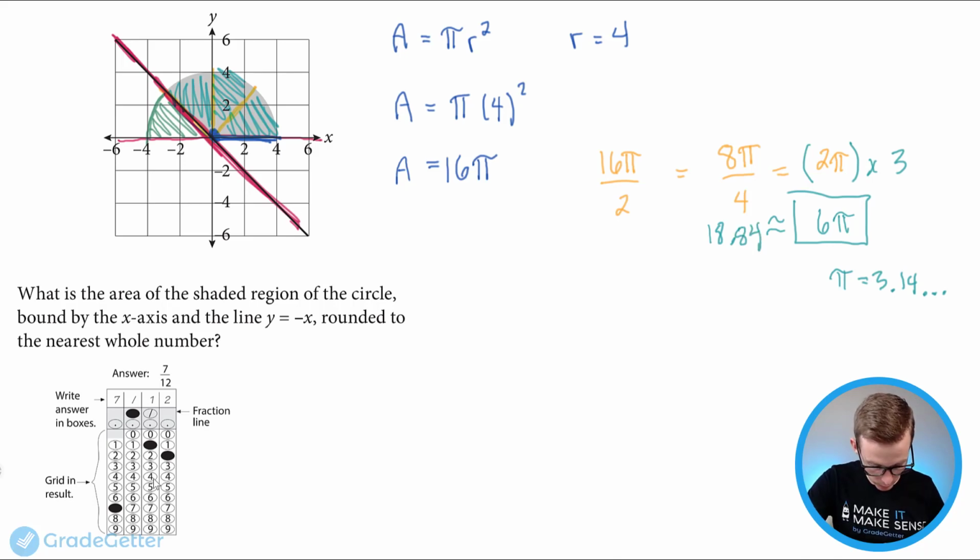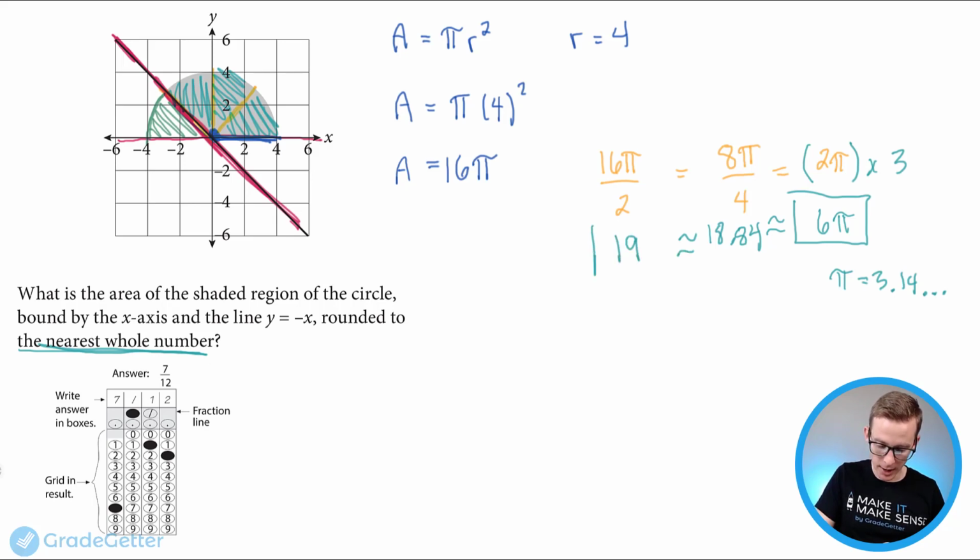And it says we want to know the area of this shaded region, rounded to the nearest whole number. So you'd round up to 19. And that would be our final answer for the area of this shaded region. So I'd go down to my bubble sheet and I would just bubble in a 1 and a 9 for